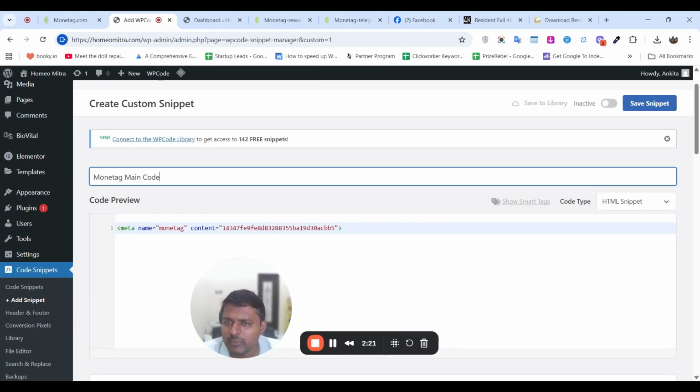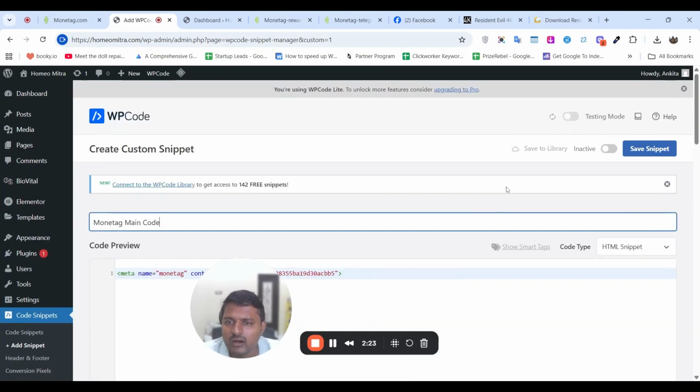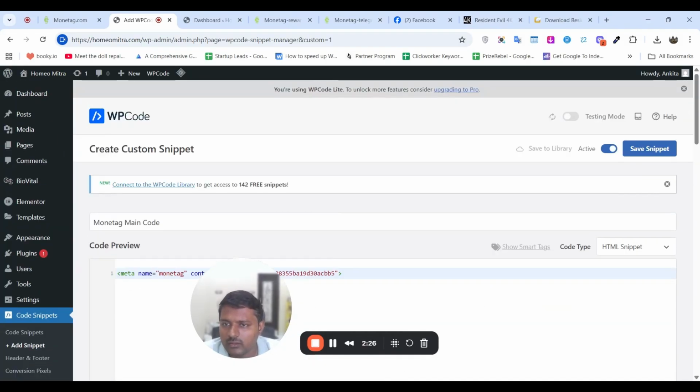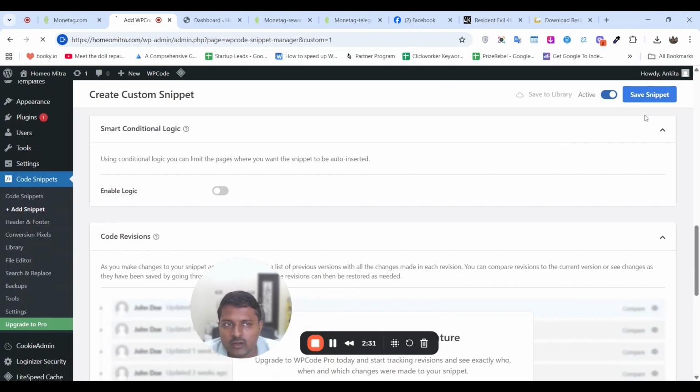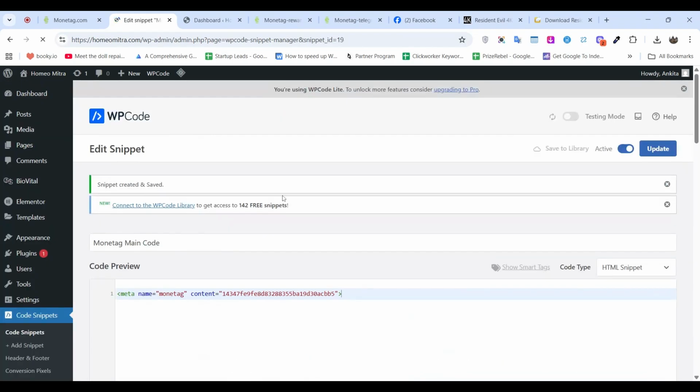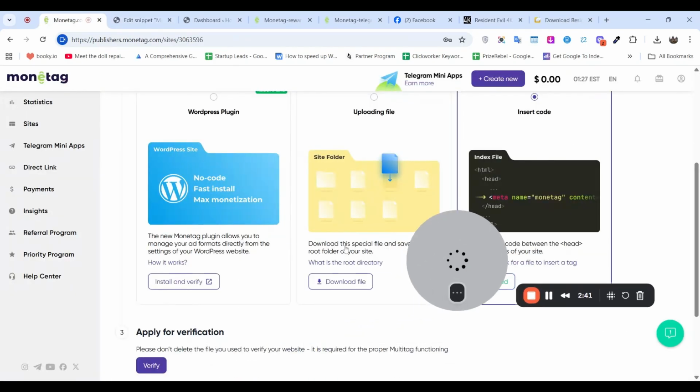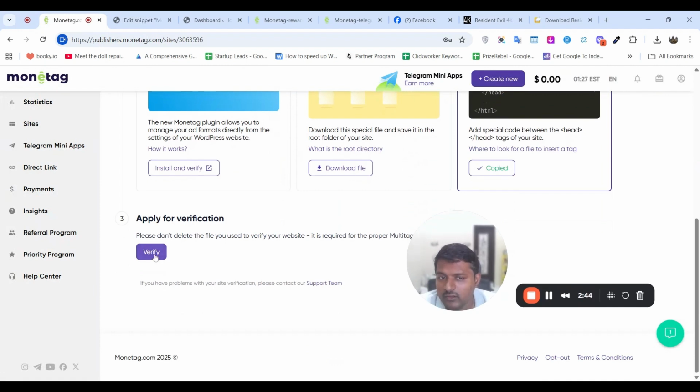That's it. This is just a placeholder, but this code is important. Make sure the plugin, the code, is active, and keep all the settings as they are, and just click on save snippet. Once this is done, you need to go back and check if they have verified your website or not. Just click on verify,